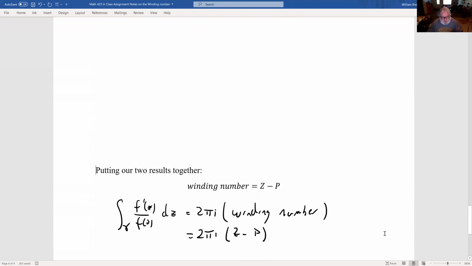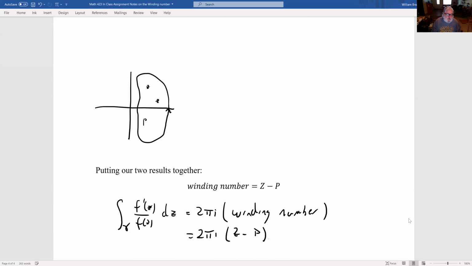We'll say, okay, so putting our two results together, we get winding number is z minus p. So why should these two things be connected? This is kind of an odd thing, right? We're saying, I take a function, right? I have a function, and I have, say, a 0 here, and a 0 here, and a pole here. It makes them all simple poles. And I've got